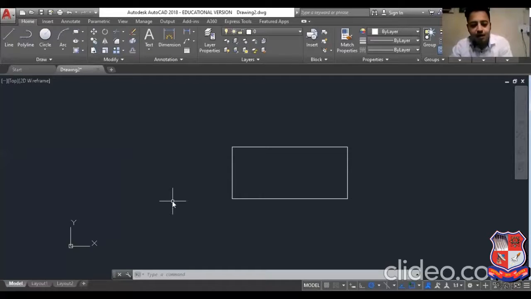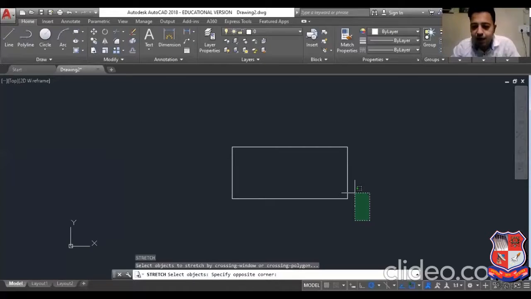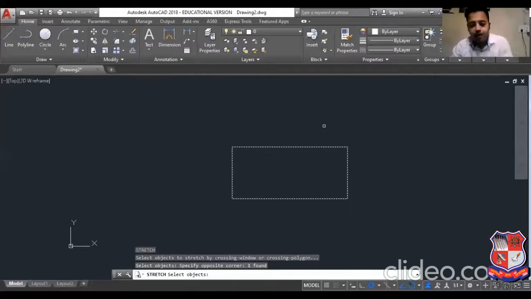Now in select object I will select only these 3 lines. Although the full rectangle appears highlighted, it will select only the 3 lines of the rectangle which I'm going to stretch. Select and then enter.